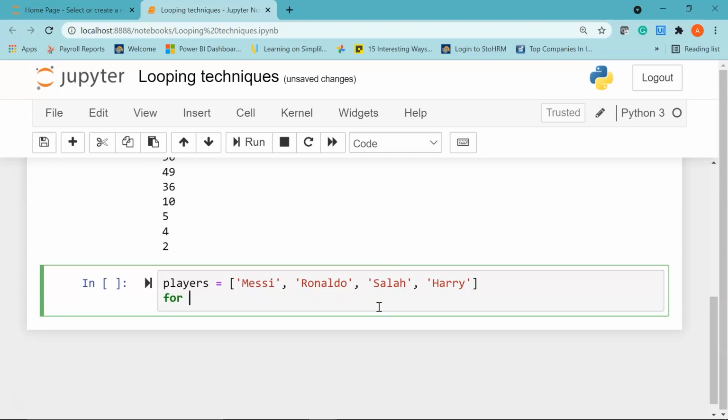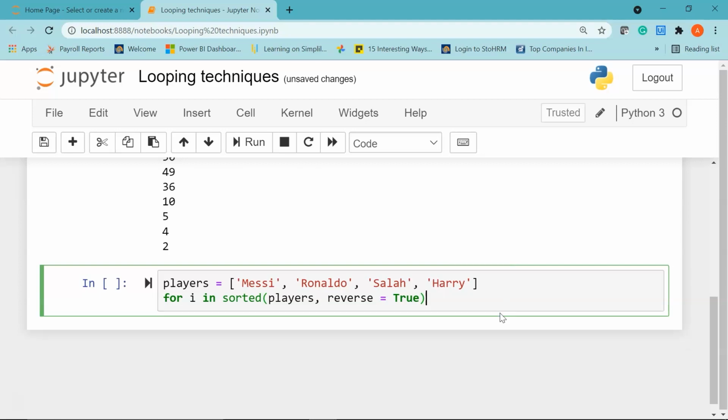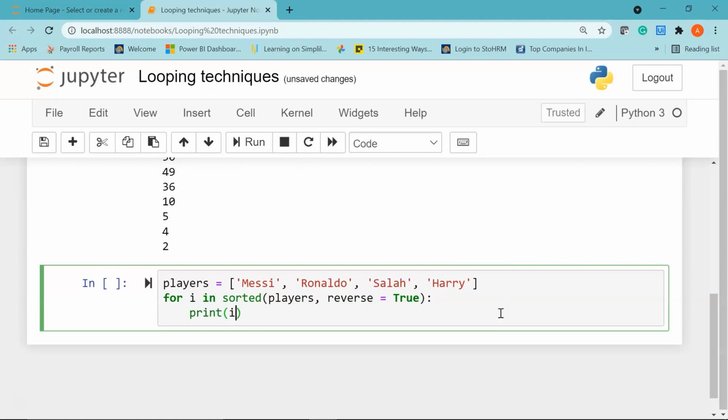I'm going to say for i in my function sorted, I'll say players, I'll give a comma and again use reverse equal to true. So this is going to sort the items in my list players in descending order of the alphabets. Then I'll give a colon and say print i.